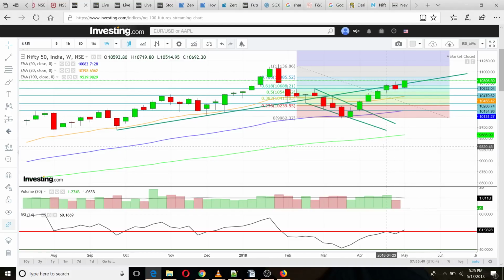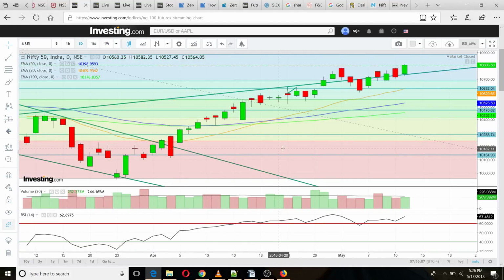But if we are able to cross and sustain the 10,900 level, then that changes the story. If that happens, I'm not expecting that, but if it does, then we will discuss and reanalyze the situation. Now if you go to the daily chart,